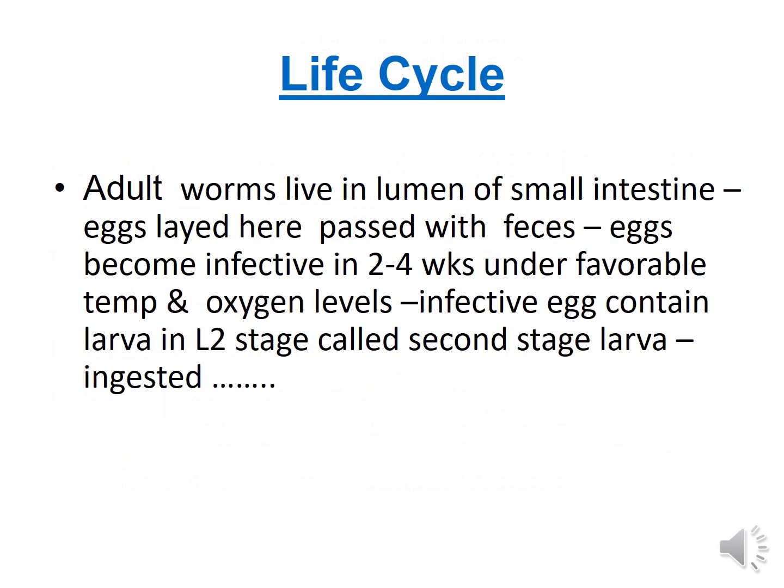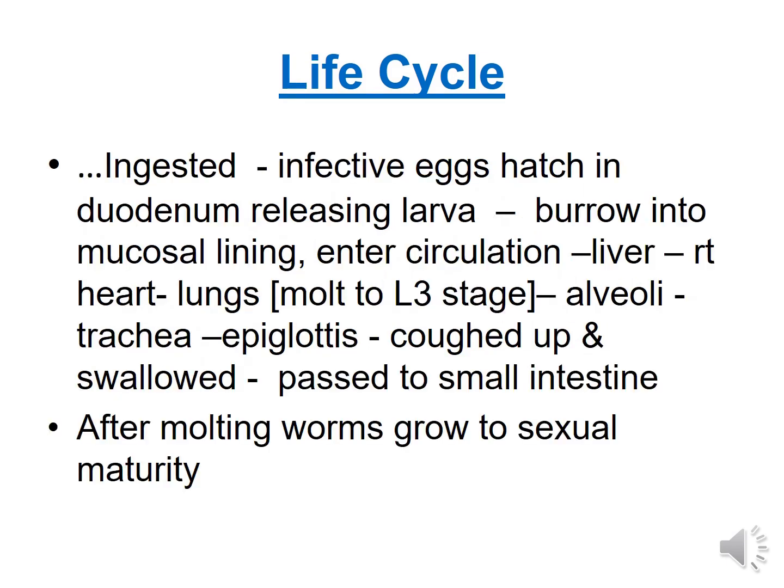Now come to life cycle. The adult worms live in the lumen of the small intestine. Here they lay the eggs, and the eggs are passed in the feces. Eggs become infective in 2 to 4 weeks under favorable temperature and oxygen levels. Then the infective egg contains larva in L2 stage, also known as second stage larva. So the second stage larva is ingested by the human, and these infected eggs hatch in the duodenum, releasing